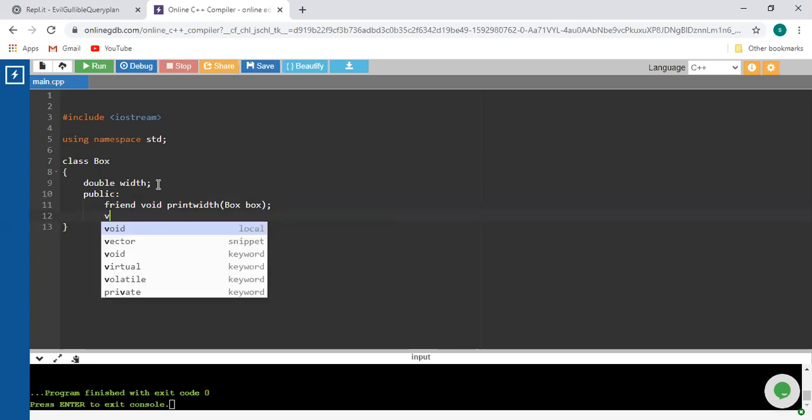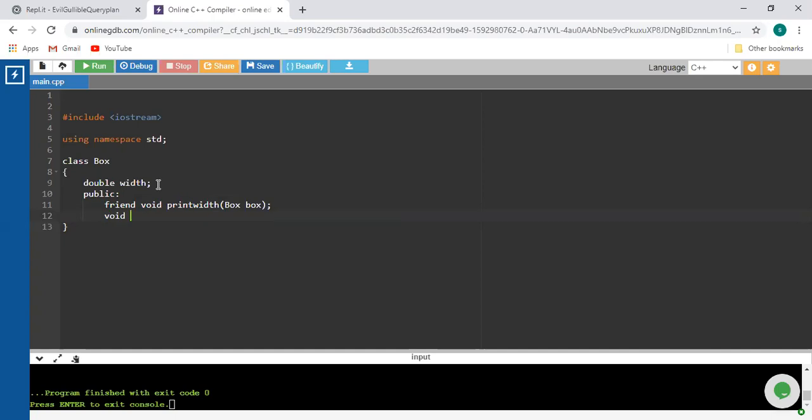Next, void. This is the normal function or the member function. Okay, so I will just write down here.